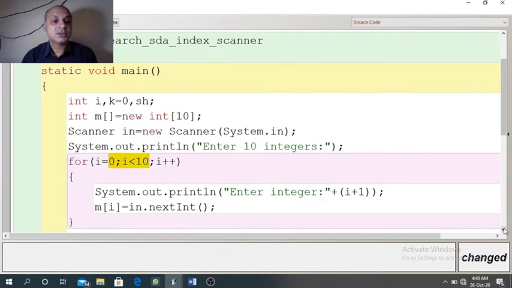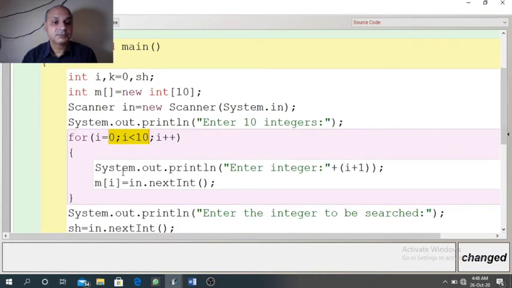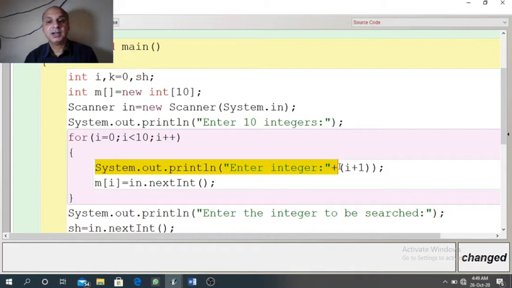Now when i equal to 0, we will get the first message on the screen, "Enter integer". Enter integer, double quote, colon symbol, it is typed inside the double quotes, so it will flash on the screen as it is.